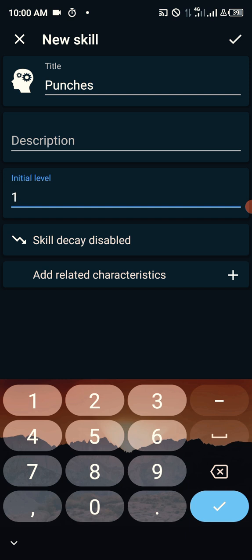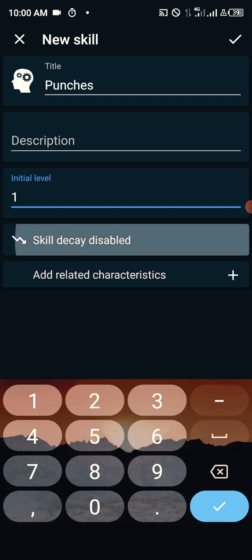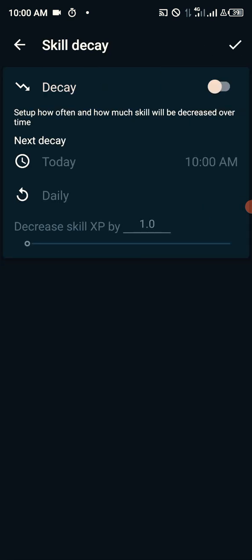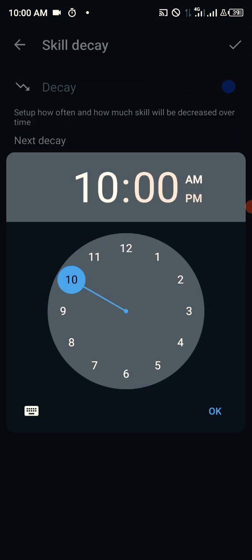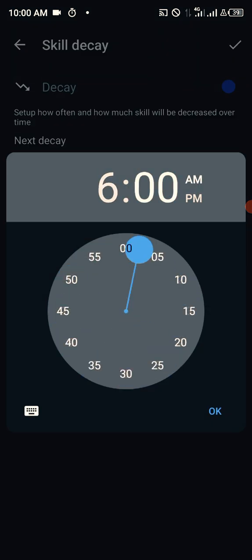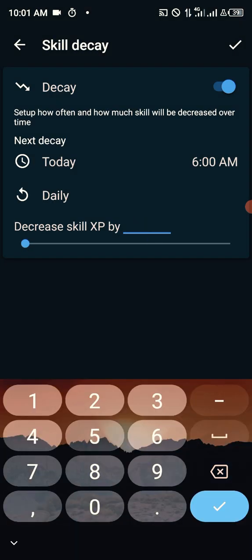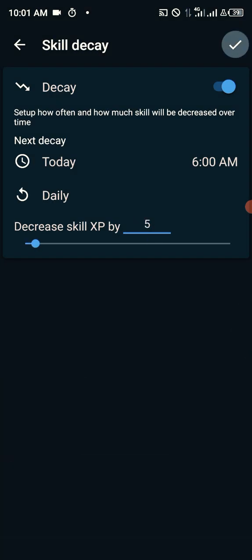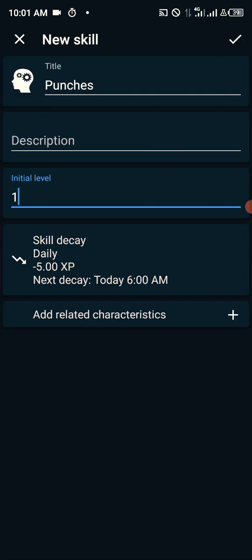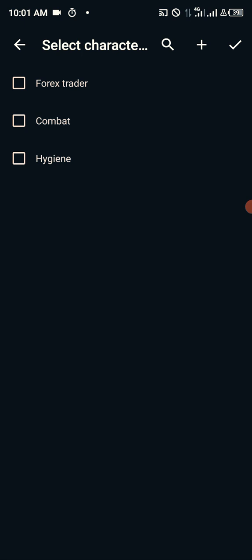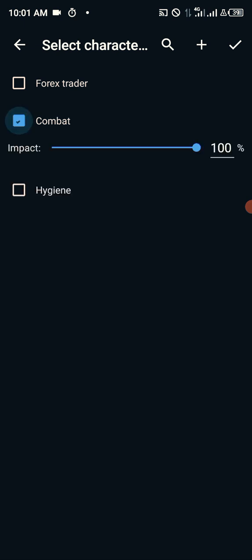Level 1. Then here the skill decay thing is like the skill reduces by a certain XP after the set time is reached. So if I set it at 6 a.m. tomorrow, my skill is gonna decrease by 5 XP. Yeah, I'll talk about the XP later. Then we can add related characteristics. So since it's for punches, it's related with this, and the impact can be 100%, meaning every time you complete punches,